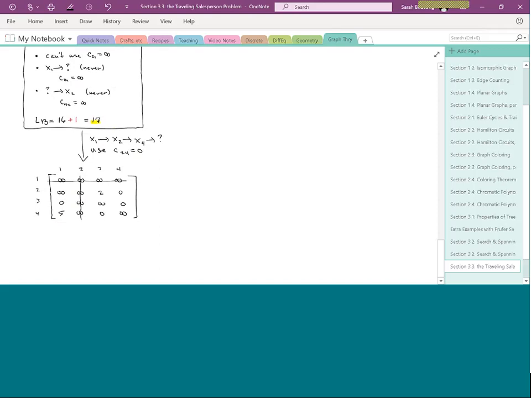In order to not get back to a sub-circuit before you wanted to, in other words, not actually building your Hamilton circuit, we can't use C41. In other words, we're not allowed to have the next city we progress to after 4 to be back to 1. Why? Because that would mean we'd skip out on getting to city 2. We also can't get back to city 2,